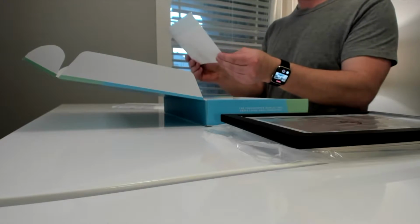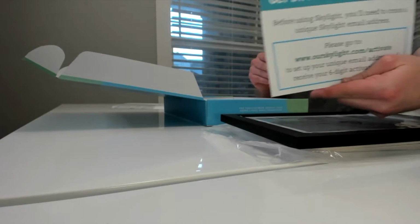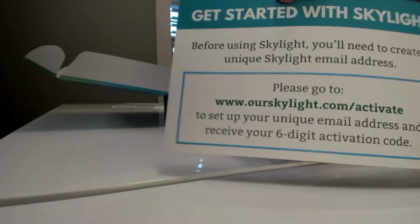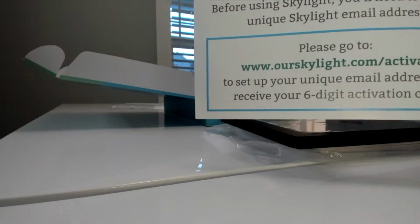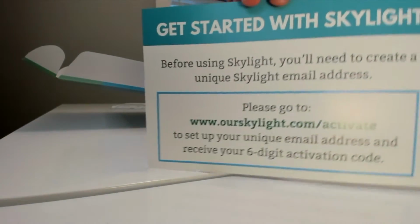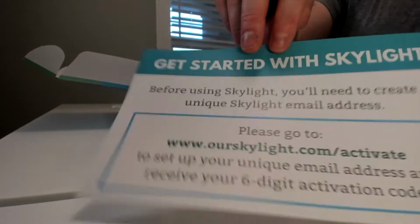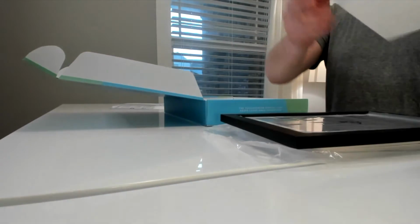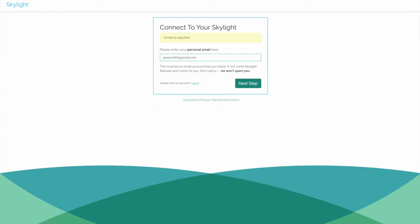Started with Skylight. Before using Skylight, it says you'll need a unique Skylight email address. Please go to ourskylight.com, activate and set up your unique email address and receive your 6-digit activation code. So I got my computer over here. I'm going to do this real quick. Enter your personal email address here. So I'm just going to enter my